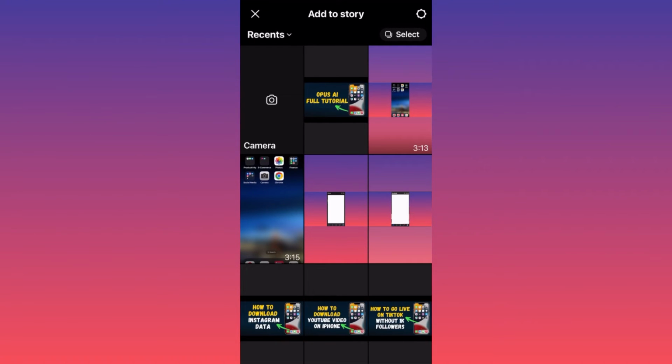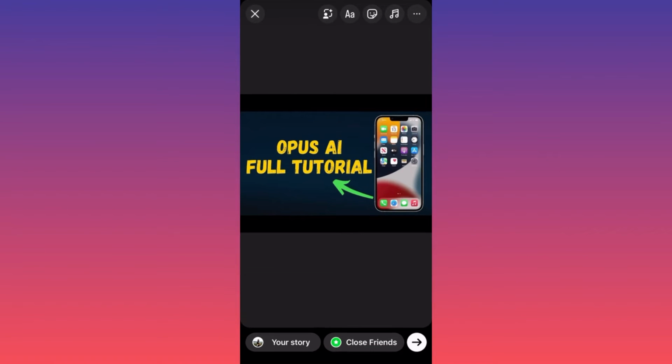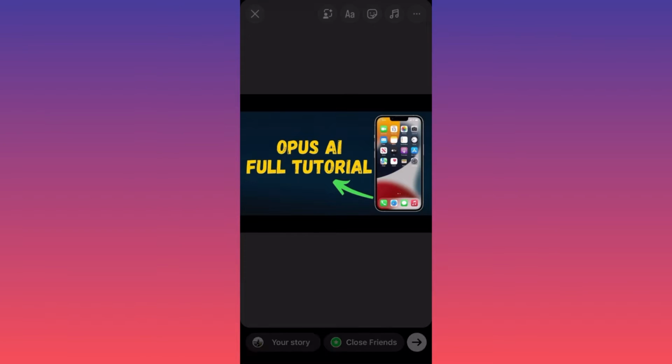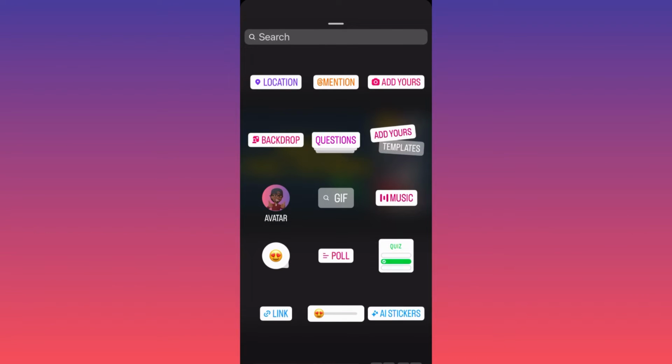Let's pick a content that we want to upload. Let's click this one. Very easy, very simple. You can add multiple different elements. As you can see, you can add music. We can add different GIFs over here, elements, but the most important part that I mentioned earlier is how we're